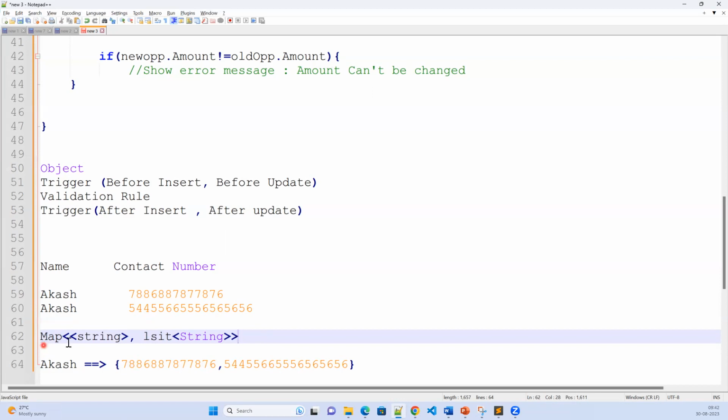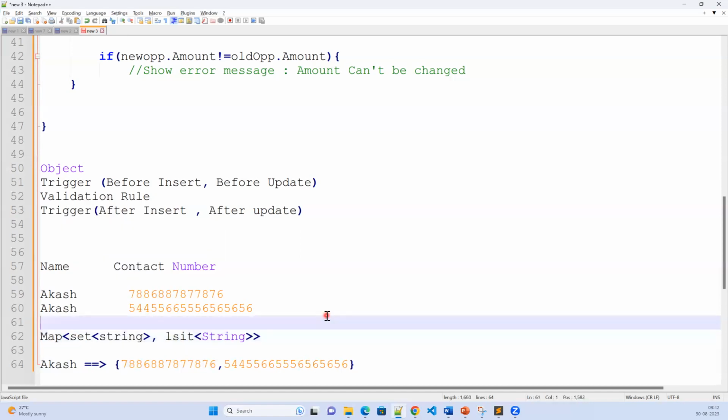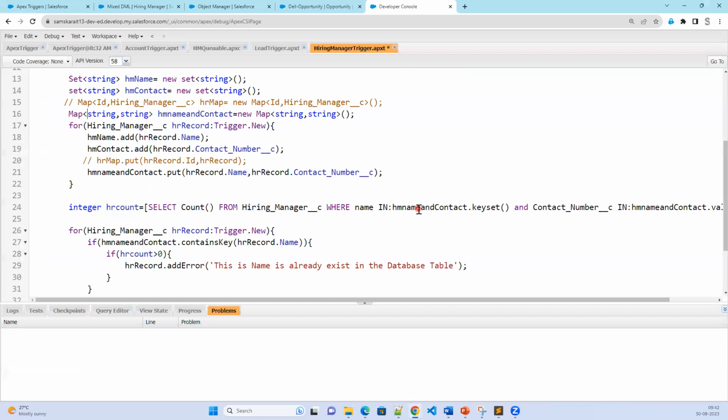Here I'm using the set of string because the key is always unique. Key is always unique, but values can be a list. You get this information and store it into the map. And when you are passing to the SQL query,